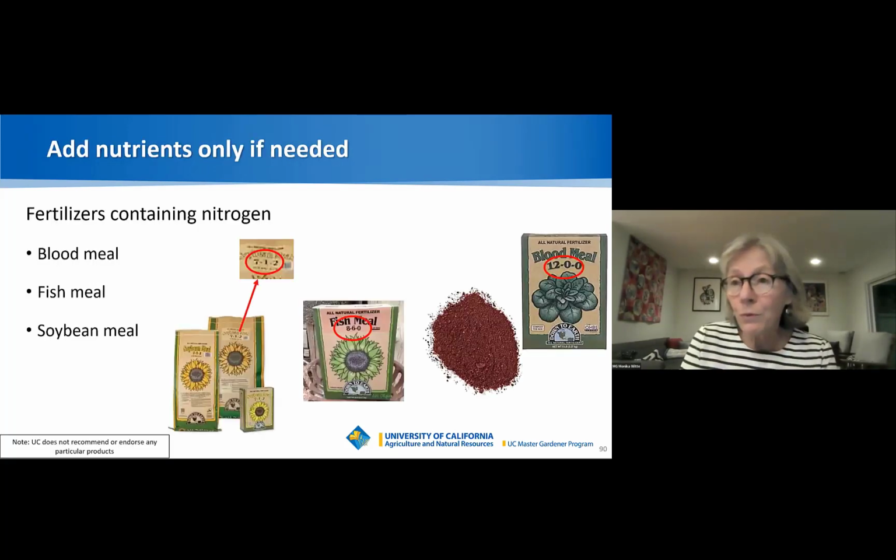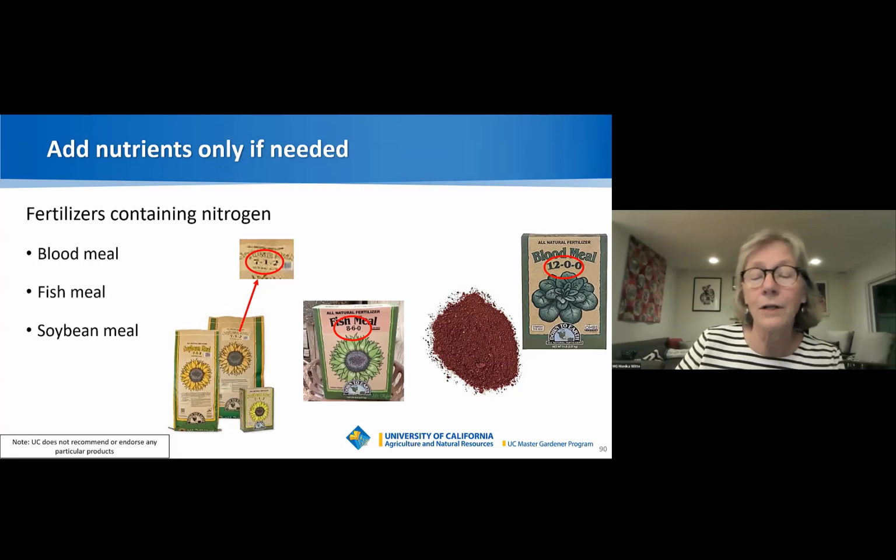And what will you do with those results? If it turns out, for example, that you need a single nutrient like nitrogen, you might want to apply a fertilizer that contains only nitrogen. So here are some examples: blood meal, fish meal, and soybean meal. And you can see that the first number in every case is the high number. So these are incomplete fertilizers that contain nitrogen. These are organic examples, but you can certainly purchase synthetic fertilizers containing nitrogen, either ammonium nitrate or